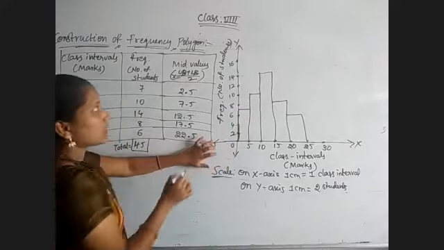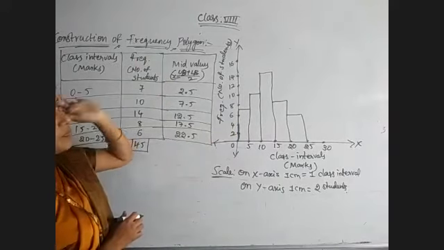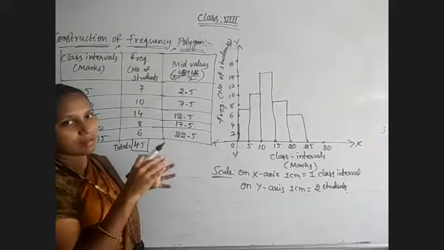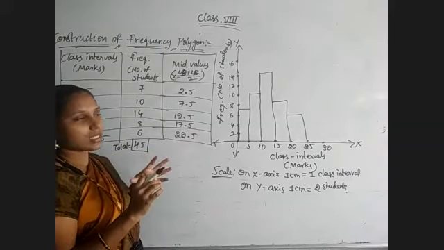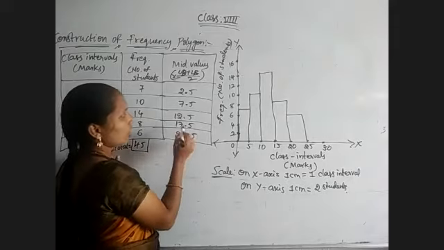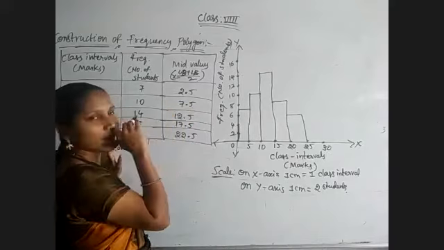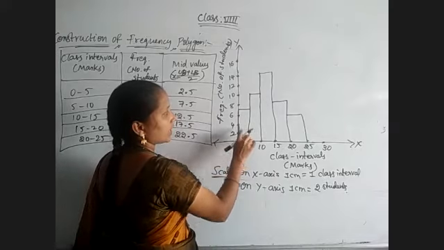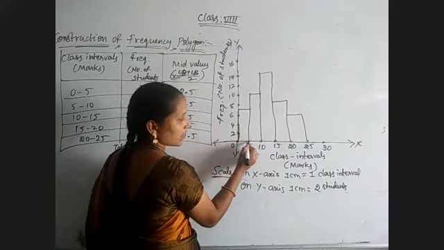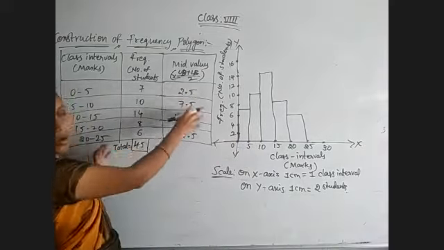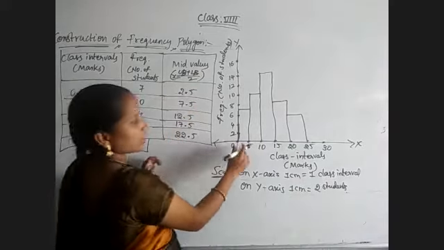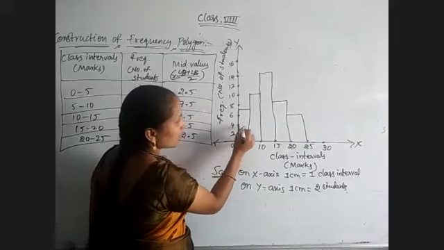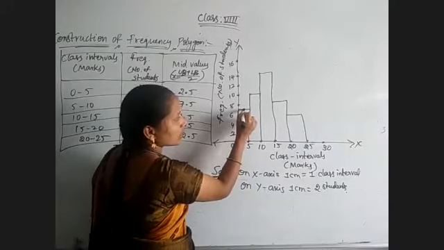So we have drawn the histogram for the data, but we need to construct the frequency polygon. A polygon is nothing but a figure made up of straight lines only, and it is a closed figure. Now observe here, the mid value of the first class is 2.5. On the x-axis, these are the class boundaries, and we have to take mid values. For 0 to 5, exactly in the middle, that smaller line in the graph paper is where you mention 2.5.